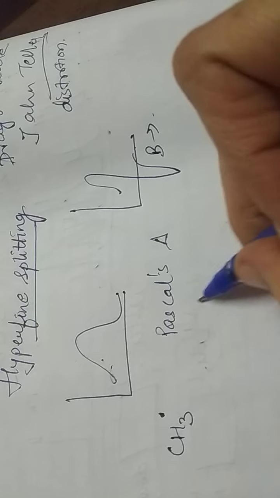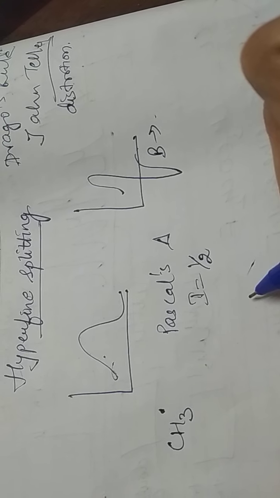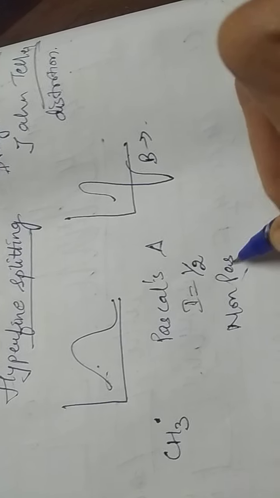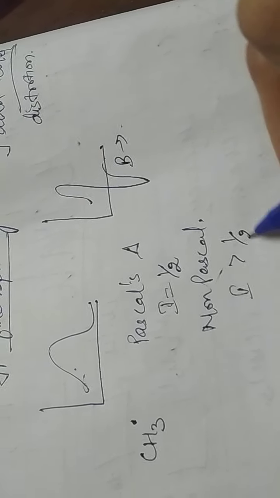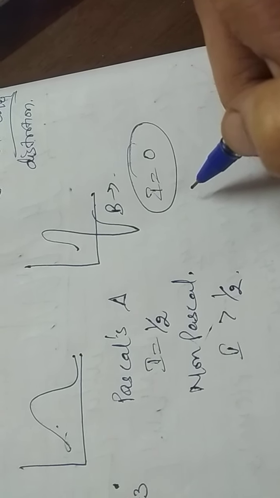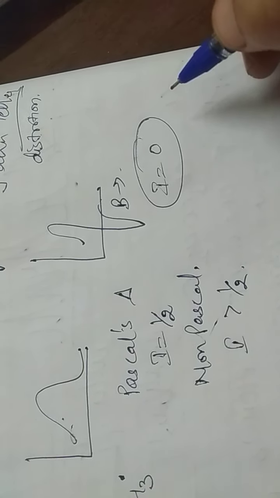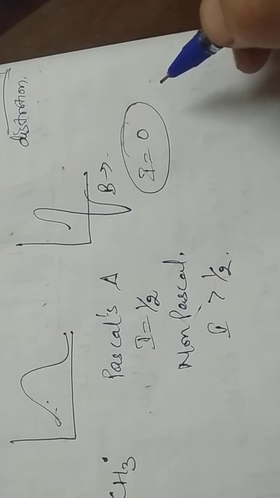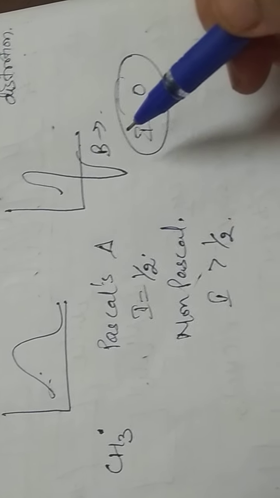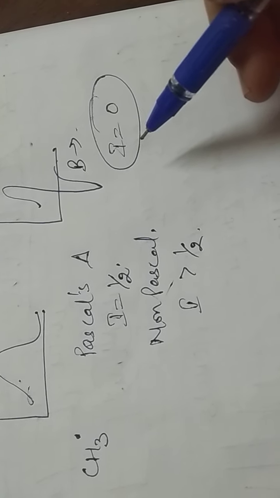And non-Pascal triangle, in case your I is half, the I is the same as we used to take for nuclei, for these nuclei also. And for non-Pascal triangle, in case your I is greater than half. In case I is 0, then obviously that atom or nucleus is not magnetically active, so we are not going to count its ESR spectra, how it is going to change or shape up. So we need to look at the elements which have I equal to half or more than half, that is, greater than 0.